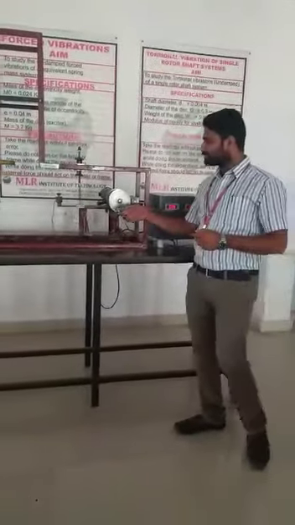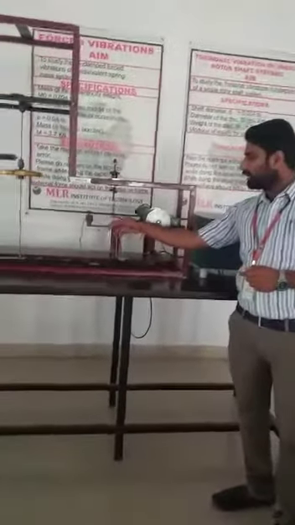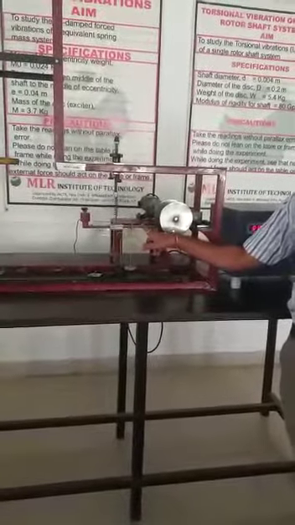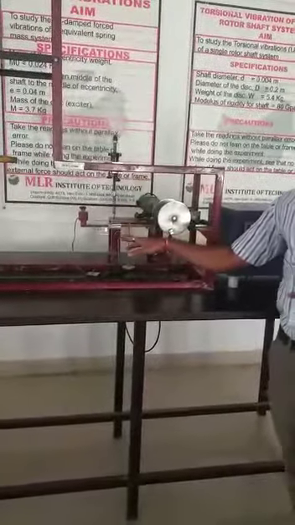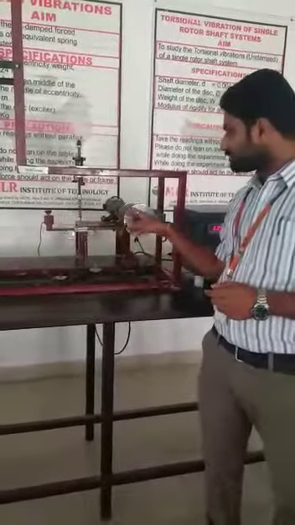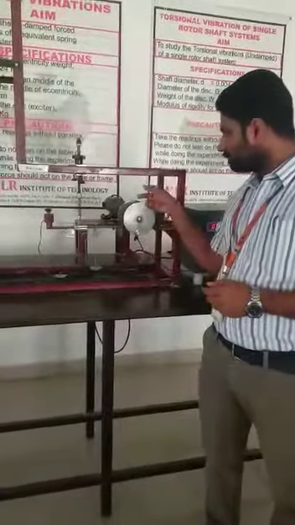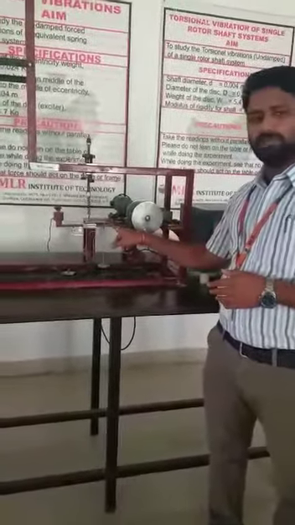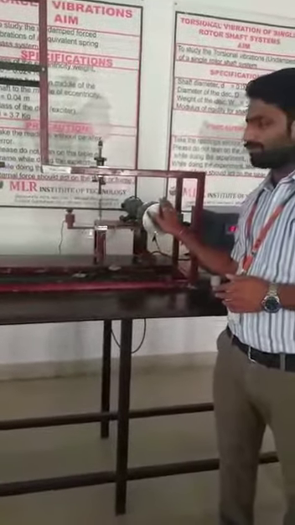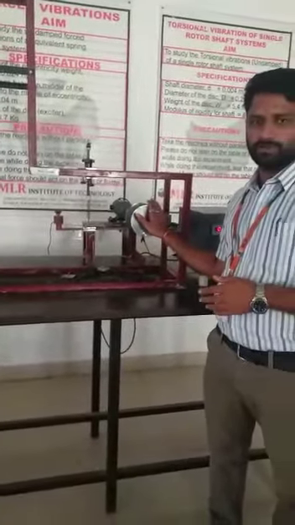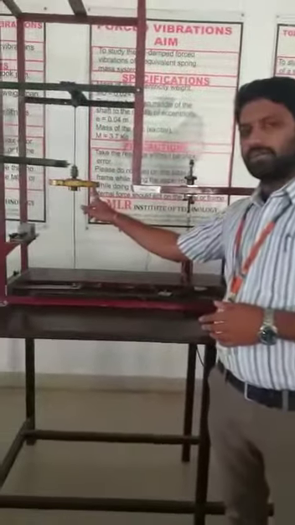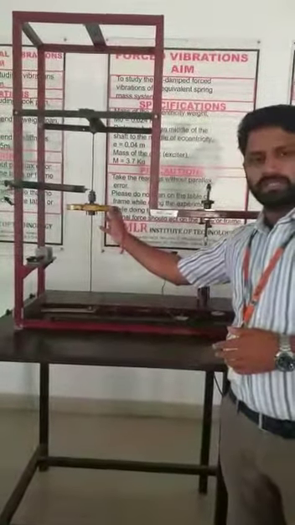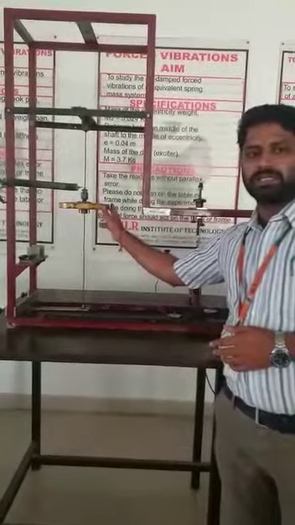For free vibrations, we do it manually, and there is a spring arrangement over here. We excite this particular beam which is connected to the spring, and we find the natural frequency. For forced vibrations, we make use of this disc, and the force is given, so the beam is subjected to vibrations. Here also we find the natural frequency due to forced vibrations. In the third one, we calculate the natural frequency for the case of torsion, where we rotate this disc and find the natural frequency due to torsional vibrations.